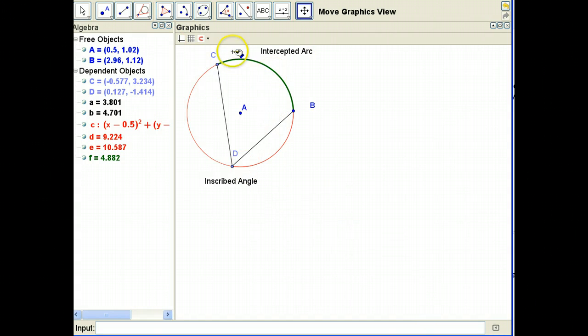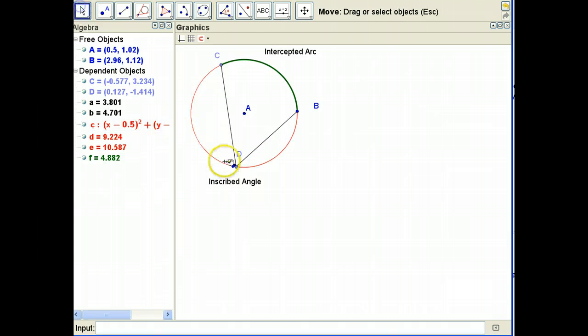On the screen, as you can see, the intercepted arc is where the two chords, in fact, if you were to extend these chords, they would keep going forever to make those angles. That would be the intercepted arc. The inscribed angle is always sitting on the circumference of the circle. So this inscribed angle can be anywhere on the circumference, but as long as it's sitting on the circumference, then we can call it an inscribed angle. Notice if it's off the circumference or if it's coming from the center, then it would not be an inscribed angle. Okay, I'll leave up this picture and then create a new circle,